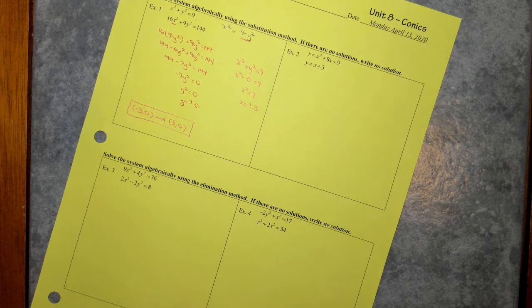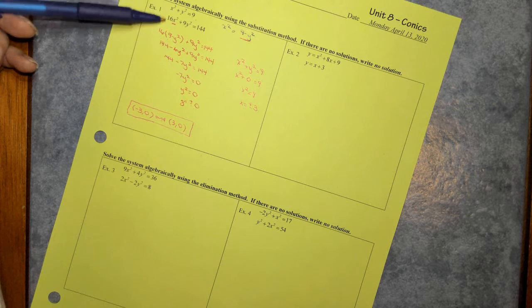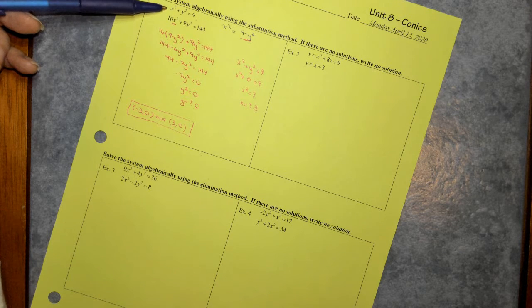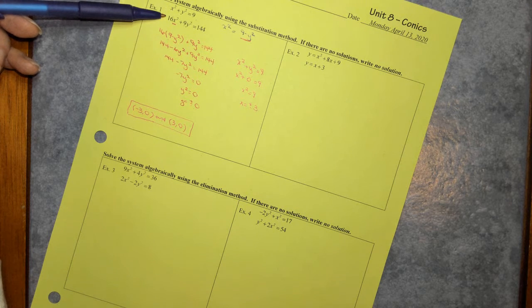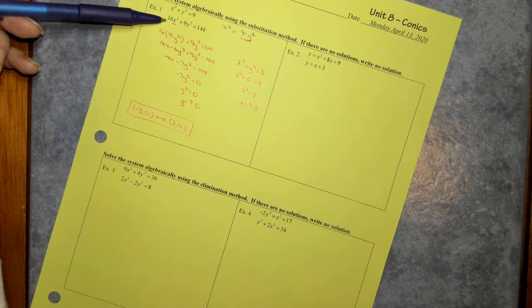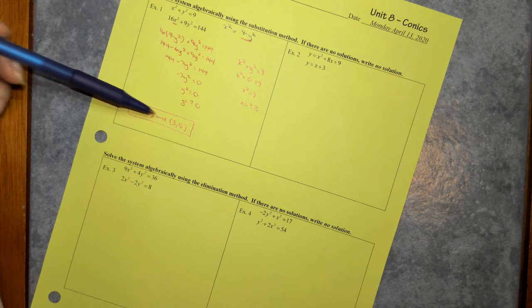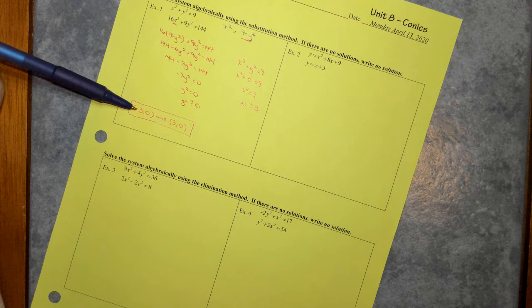So as we look at example 2, one of the first differences I want to point out that I didn't mention in example 1 is that it helps if you're contemplating what the shape of the graph is. So here I have a circle, and here I have an ellipse, and when a circle and an ellipse intersect, it would be reasonable to consider that there would be 2 places. It is possible that there are even more than 2 places where they intersect, but in this case 2 is